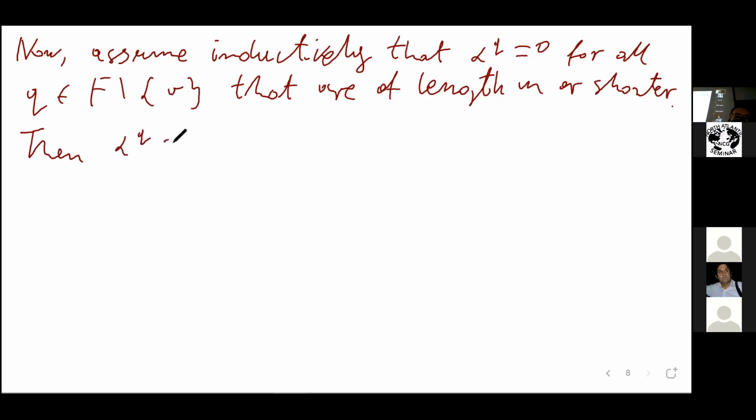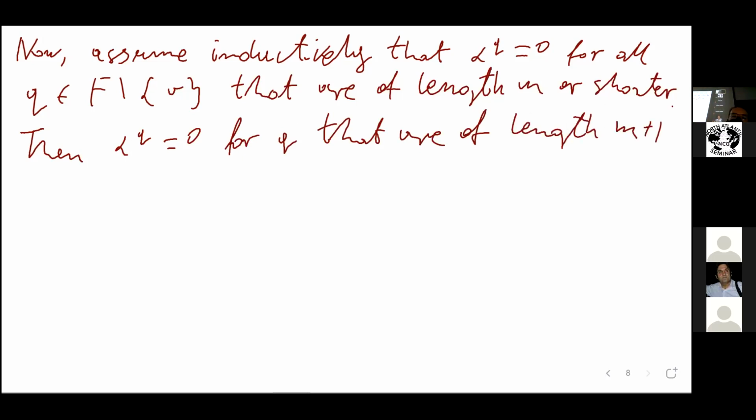Then alpha q is equal to 0 for all q that are of length m plus 1 or shorter. Well, shorter is obvious because if shorter, then it's of length m or shorter. This is by induction hypothesis. But how about m plus 1? Well, and this is because, so no full stop, this is because of the way we multiply. There are no loops of length m. Sorry, there are no loops of length m plus 1